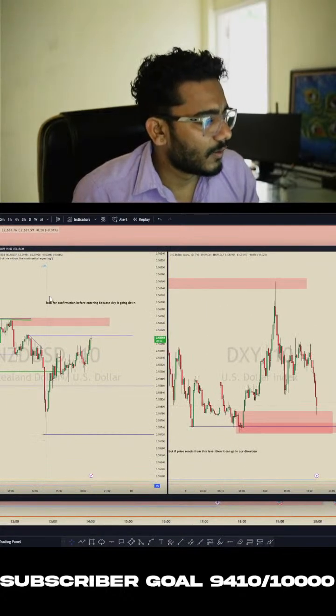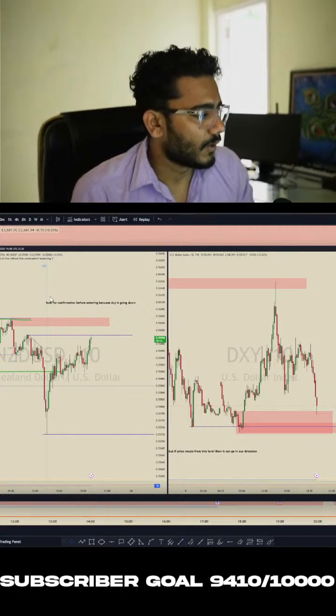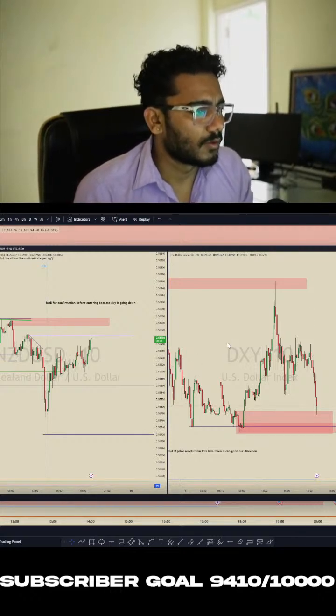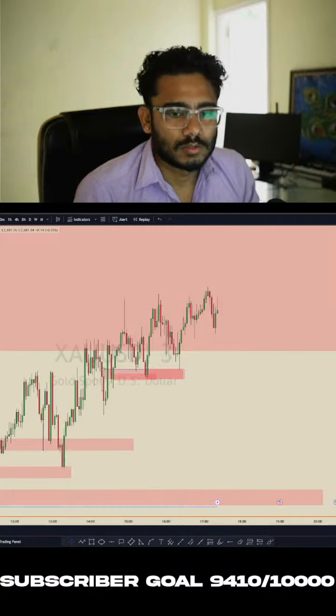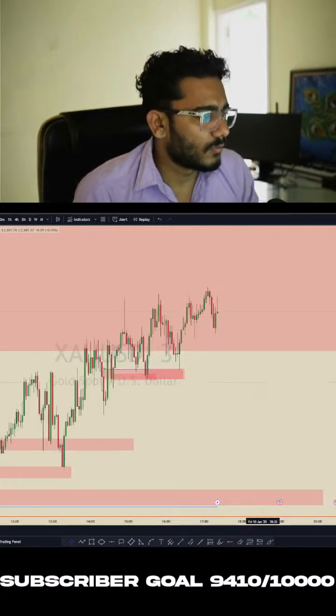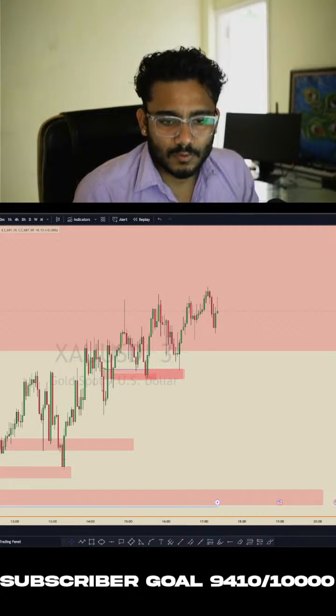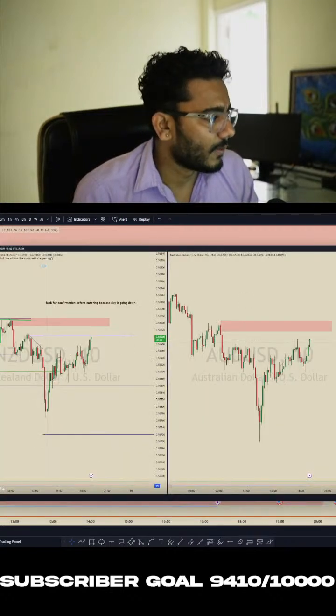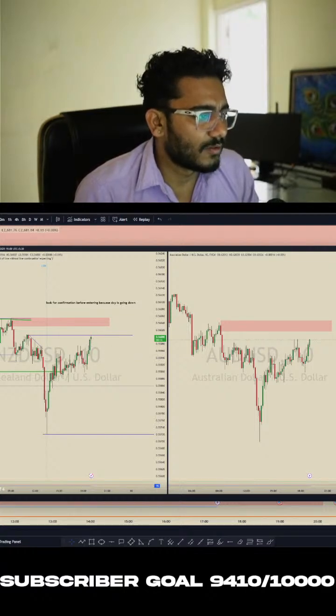So this one was on NZD/USD, and the other one was on AUD/USD. Both had the same order block. You can see on the NZD/USD price broke the structure, induced this high, and there was sell side liquidity above this, buy side liquidity above this structure. So price came and then swept this low.